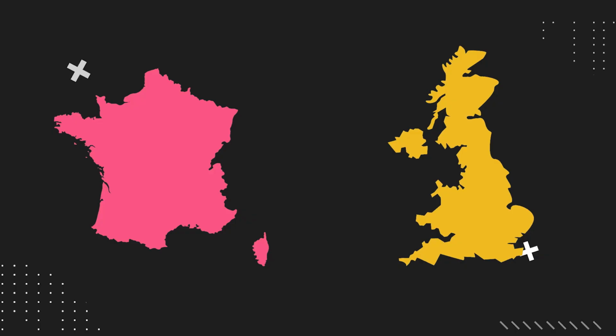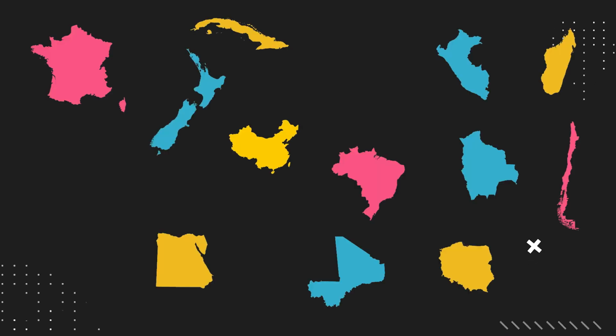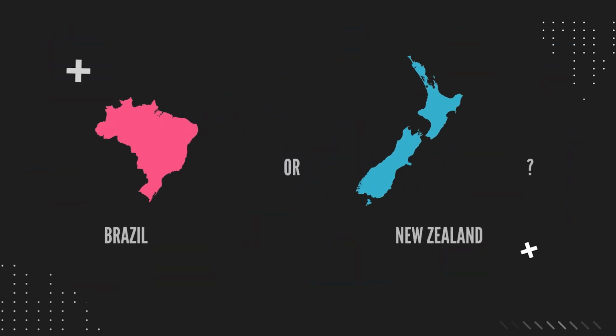Let's say I'm teaching the size of different countries relative to each other. I could have a challenge like this where I say which one of these two countries is bigger, France or the UK, China or Brazil. I could build a whole bunch of questions like these, but if I really wanted to do it quickly, I could simply have one bank of countries with all their sizes, and at each question, the program just picks two of them at random and presents them to you. So I don't have to make up every individual question, they're created on the fly.